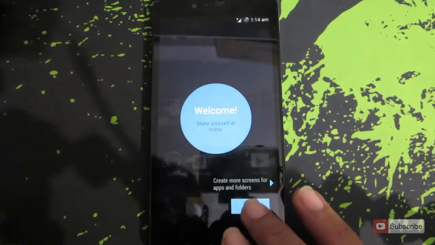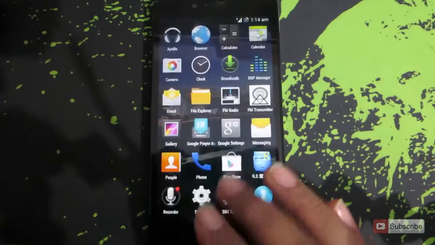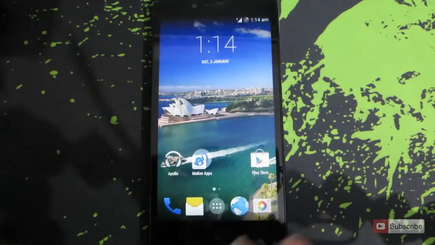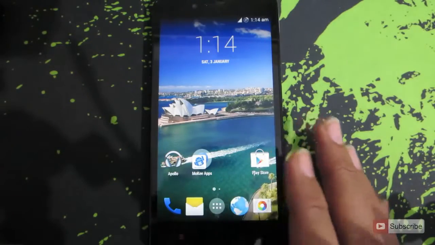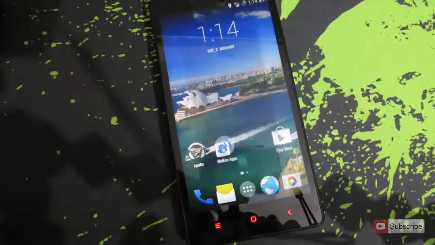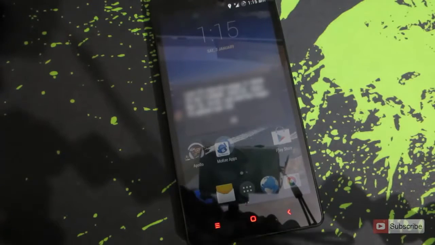Okay, so this is the KitKat version of the Moki ROM. You might see occasionally some Chinese apps. This looks very familiar with the CyanogenMod. Even the camera is supposed to be working. The camera is also working. There are almost no bugs, or nobody has been complaining about it. So you can definitely give it a try.